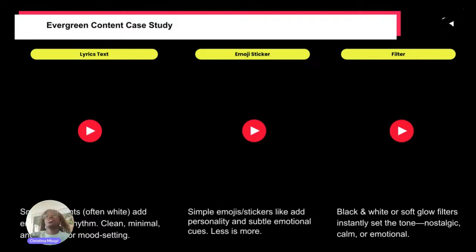So filters. When you think of a black and white filter, that's an evergreen one. It's never going to go away. If you post something in black and white, it's always going to give that nostalgia feeling. Think of the 50s and the 60s where color TV wasn't as important, but that's a good one to utilize too. So filters are good. Next we have